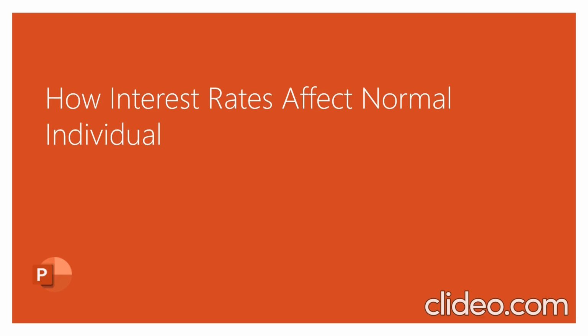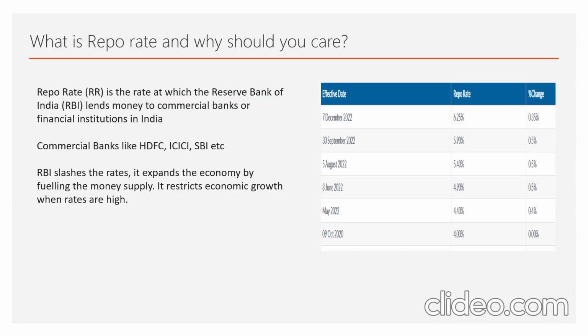Before jumping in, I would like to explain what the repo rate is all about. The repo rate is the rate at which the central bank, which in the case of India is the Reserve Bank of India, lends money to commercial banks and financial institutions. Commercial banks are like HDFC, ICICI, SBI. For example, for the short term, these companies take money from RBI because RBI is the central authority to print